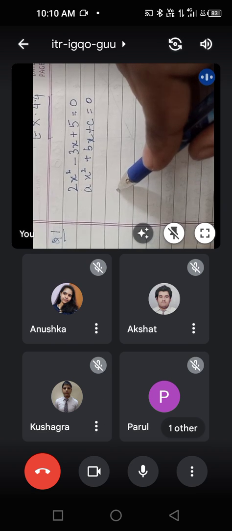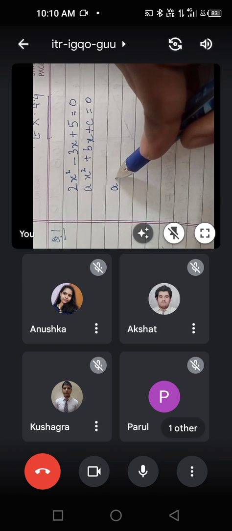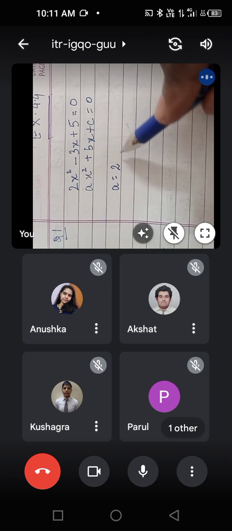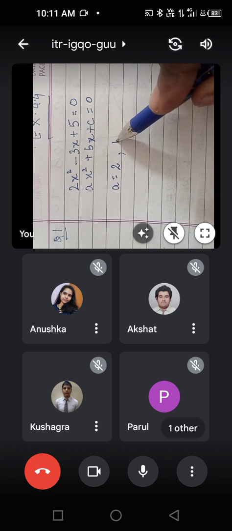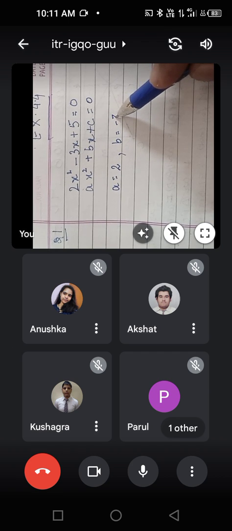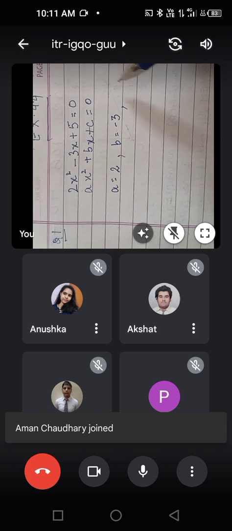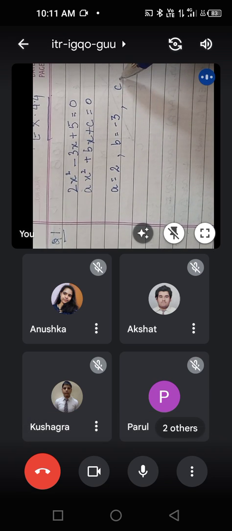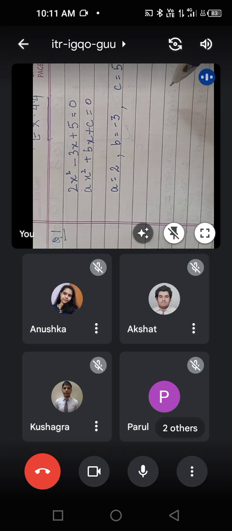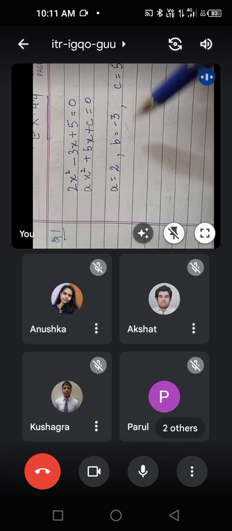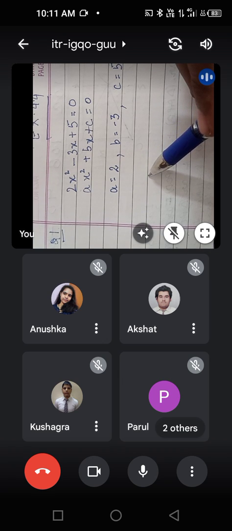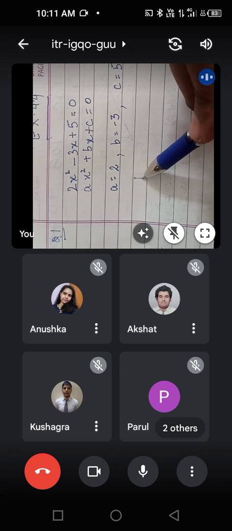So if you compare this, you get a is equal to 2, b is equal to minus 3, and c is equal to 5. A is 2, b is minus 3, c is 5. So to find the nature of the roots, we require the discriminant, capital D,